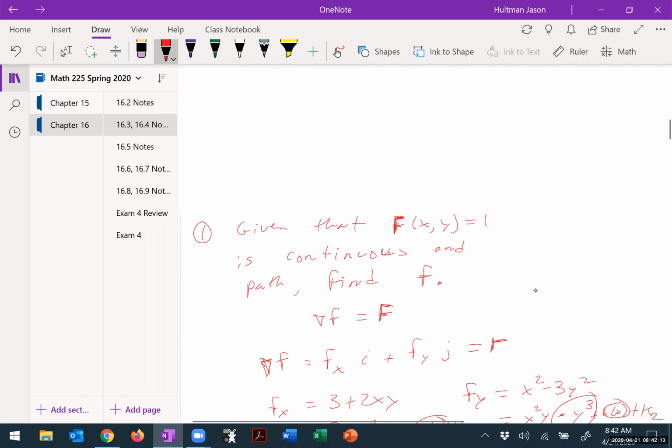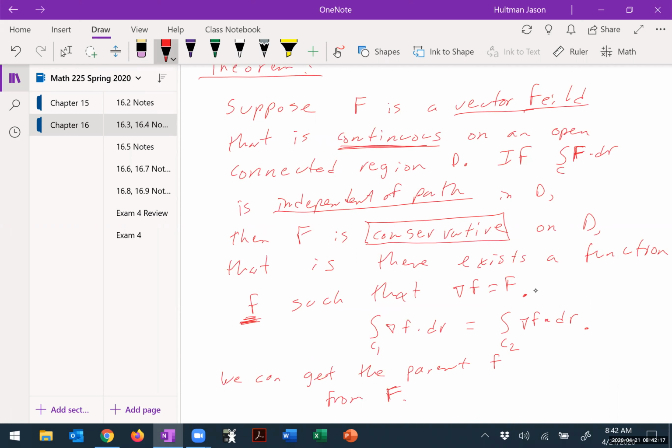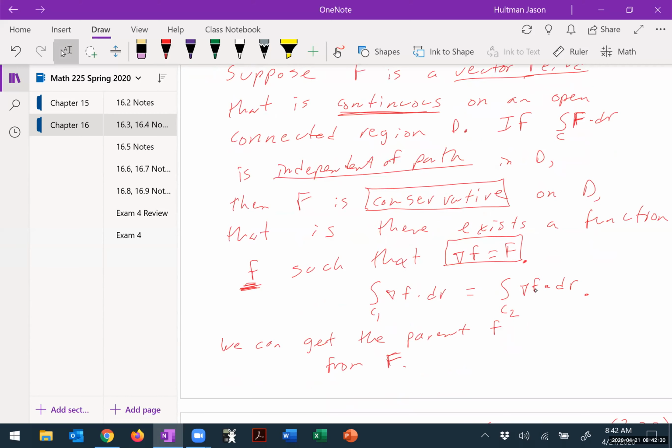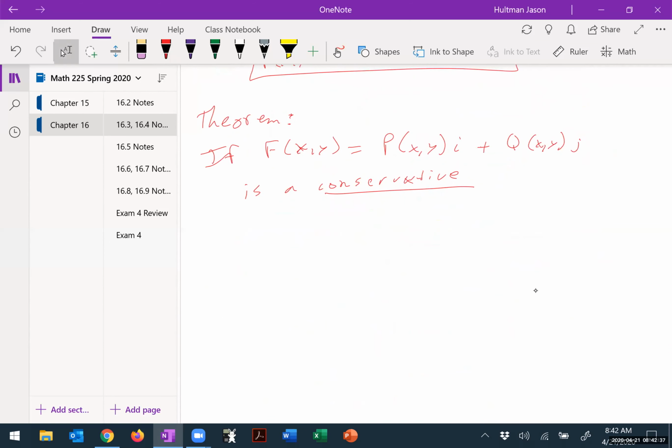It means that there exists a function such that del of f is equal to F. That's what you want. Conservative just means we can find a parent function. That's all it means. If it's not conservative, we can't really do much because we can't go backwards. Then F is a conservative vector field,